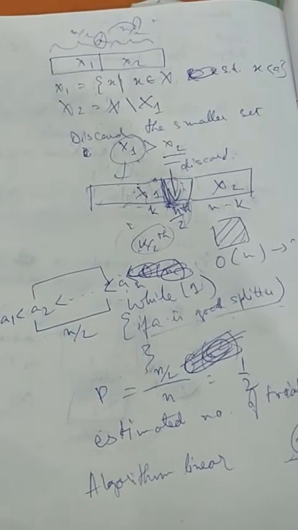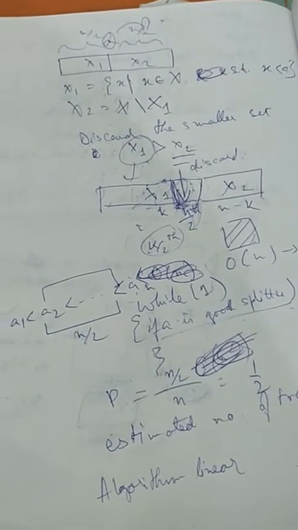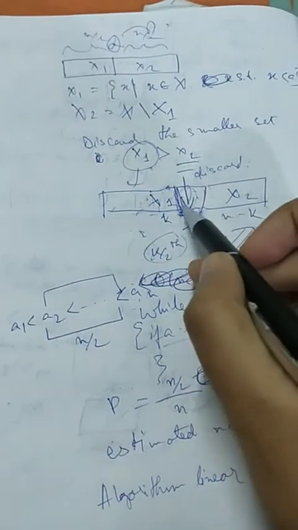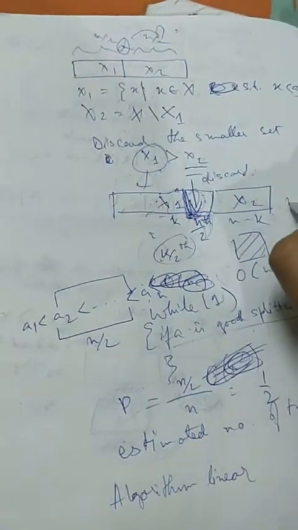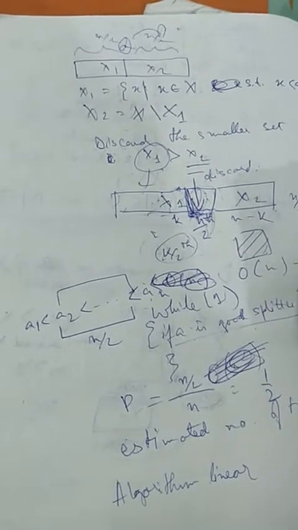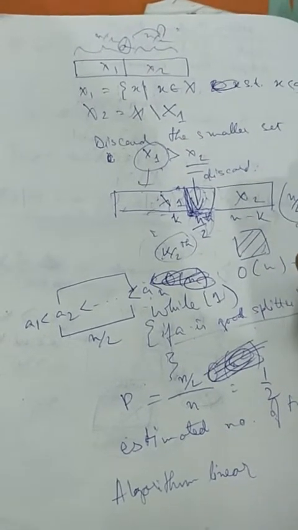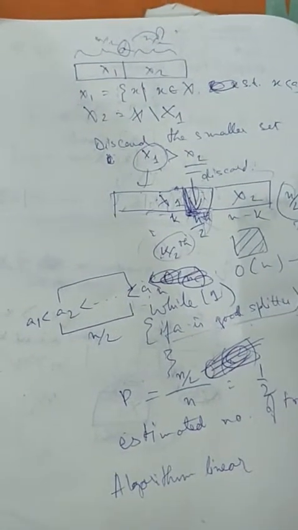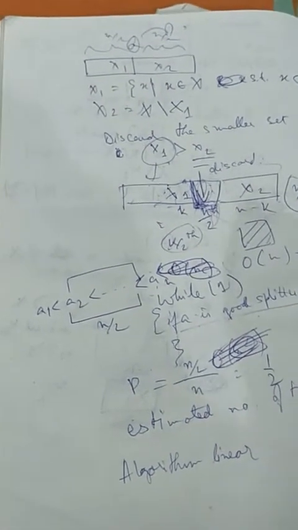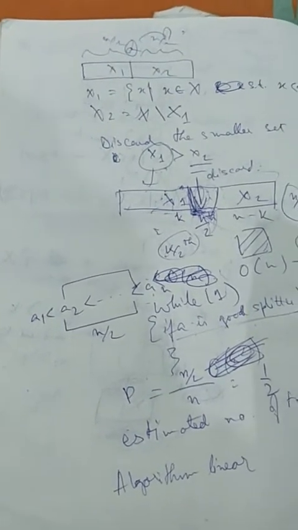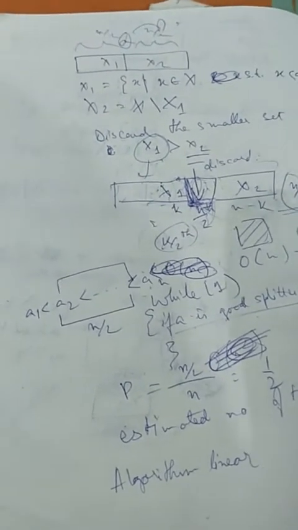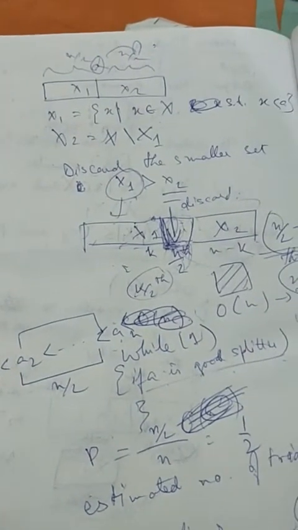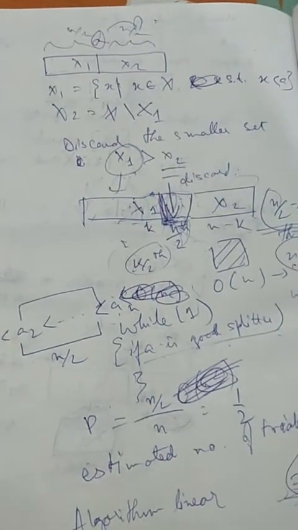So n by 2 minus k is basically this n area. So basically the n by 2 minus kth element in x2 if x2 is of size n minus k, and n minus k is greater than k. In that case we have to look for the n by 2 minus kth element in x2 to find the median. Okay,